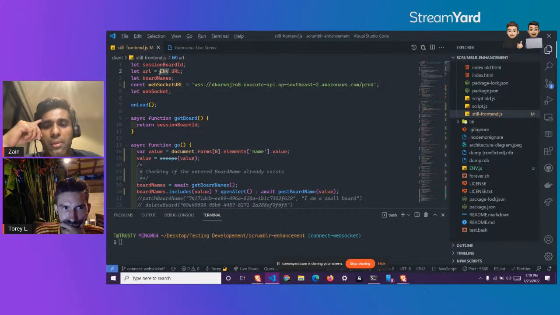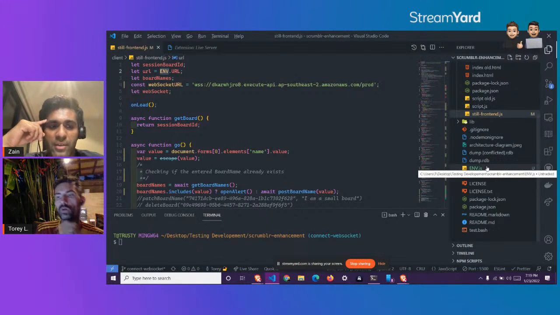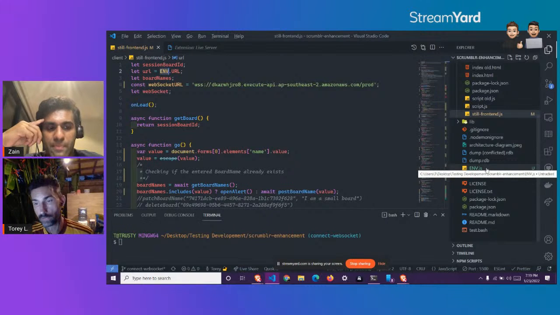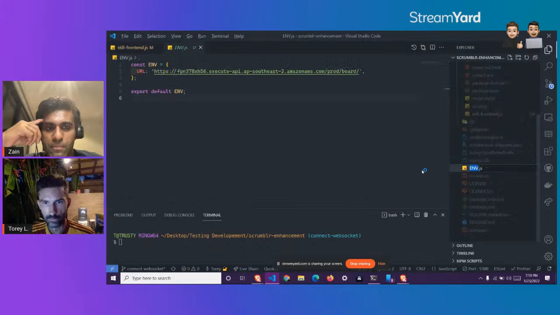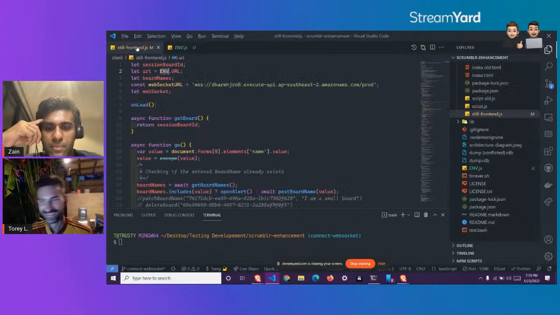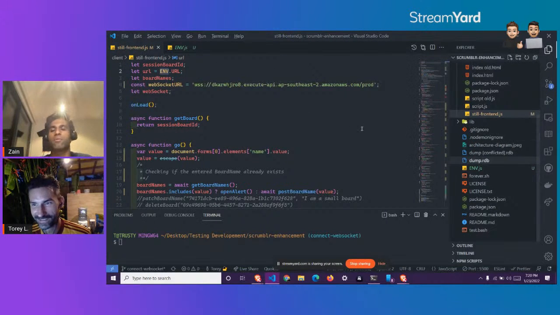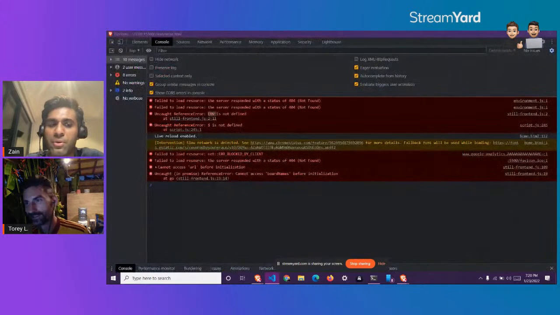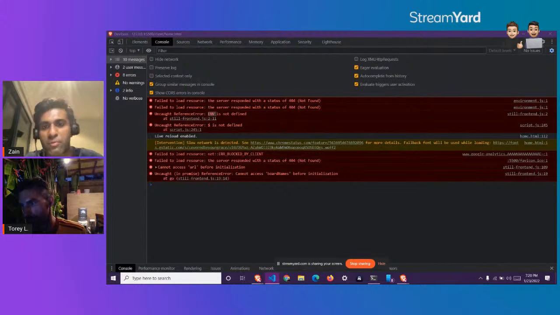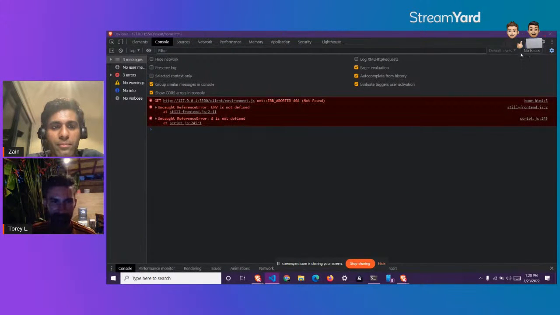Do you want to rename it as environment all lowercase .js? Oh, .js. Really? Okay. Oh, my bad, dude. No, no, I should have told you before. You were doing it in front of me, man. All right. Well, it's just the endpoint, right?